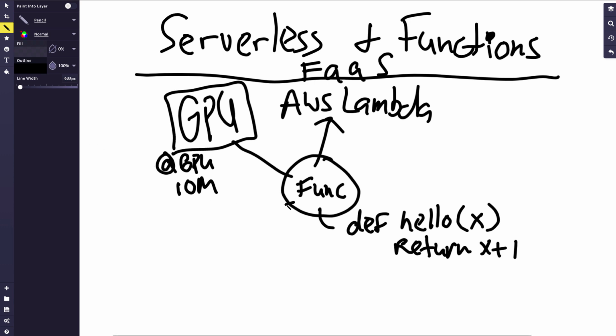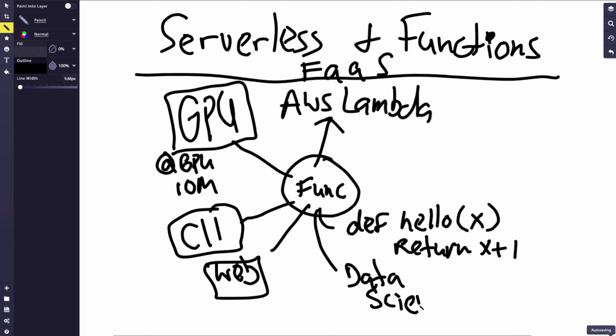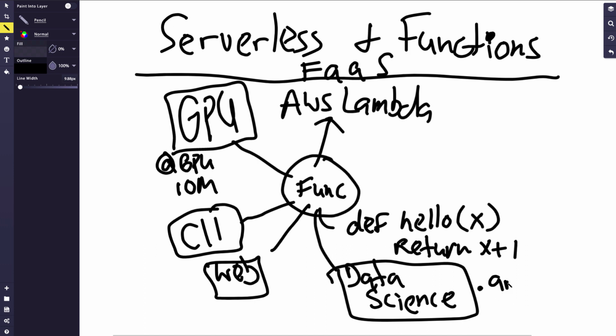You also can build command line tools by just attaching a decorator on top of something. You can also build a web service. So you could build a Flask app, and it could, again, be just a function. The other things you can do with a function, you can also do data science. So if you go to pandas, for example, most operations that are helpful require you to build an apply function. So you would do .apply here, and then the function would go across every row